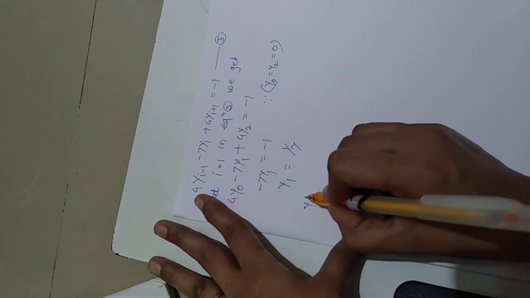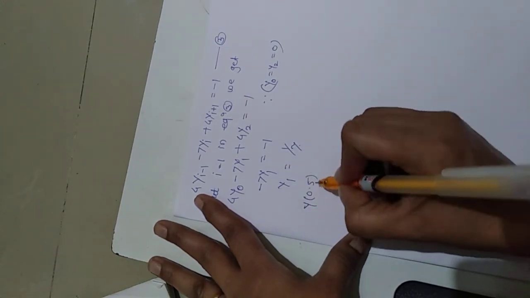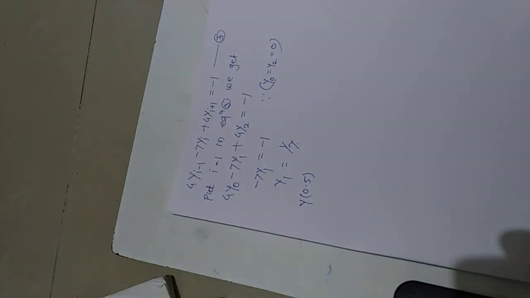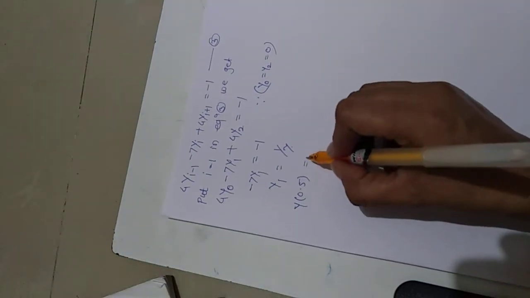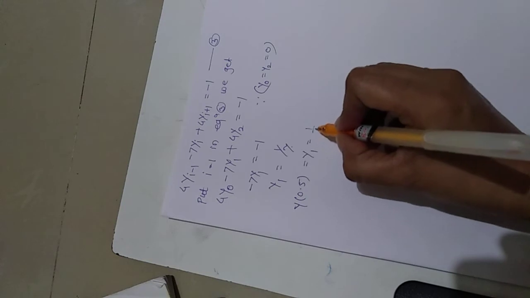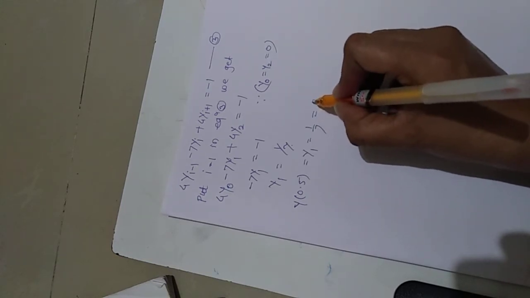And y1 is equal to y of 0.5, that is equal to 1/7, and that is equal to